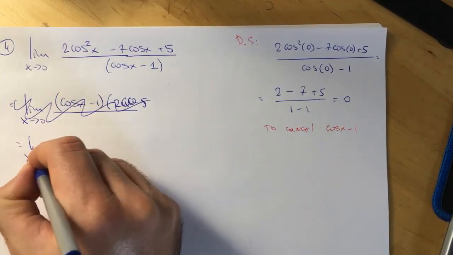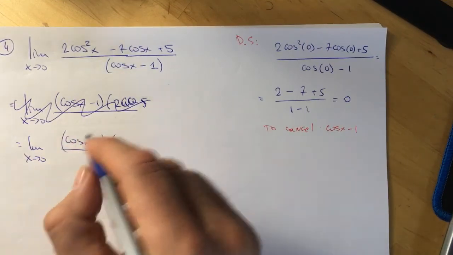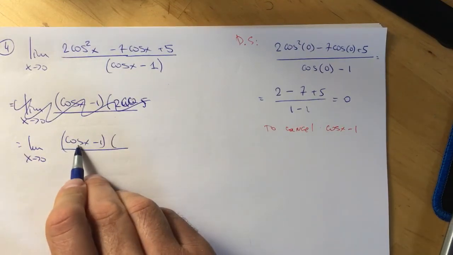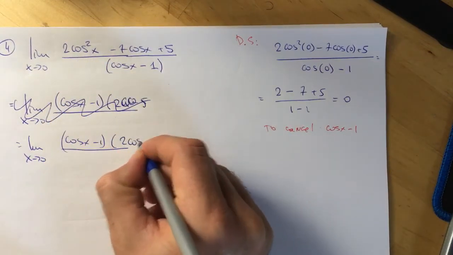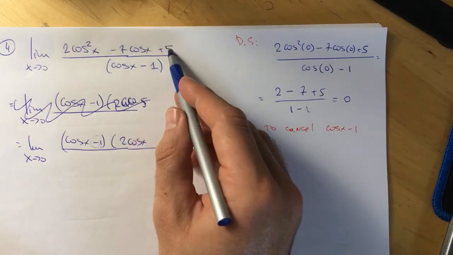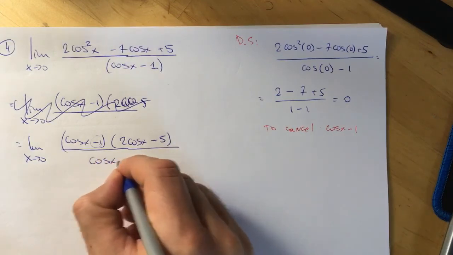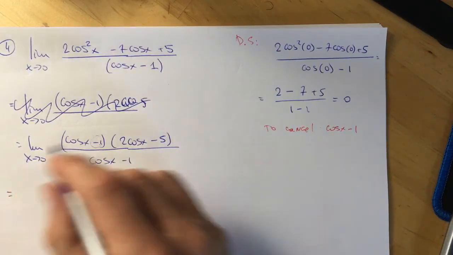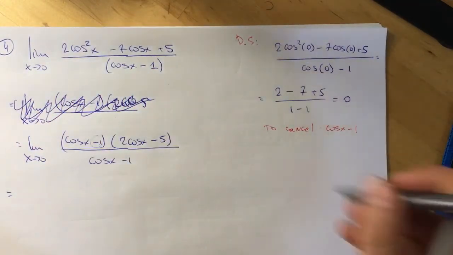So limit as x goes to 0, cosine of x minus 1. With what do I want to multiply cosine of x to get 2 times cosine squared of x? Well, that's 2 cosine of x. With what do I have to multiply negative 1 to get positive 5? That's negative 5 over cosine of x minus 1. If this is too much for you, then literally on the side,